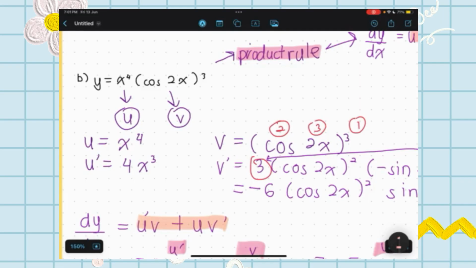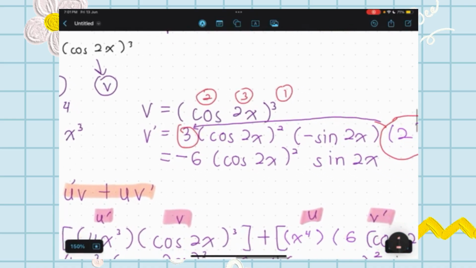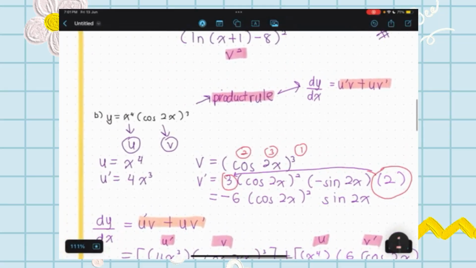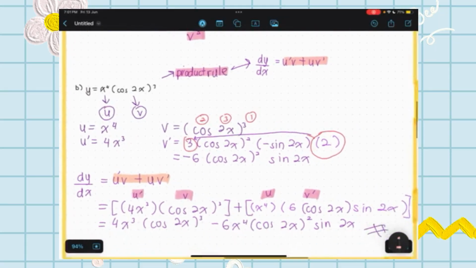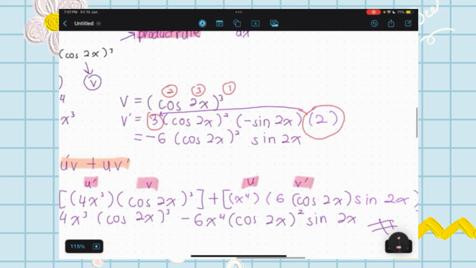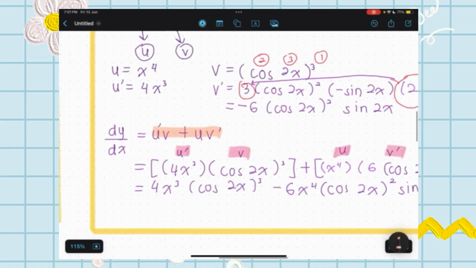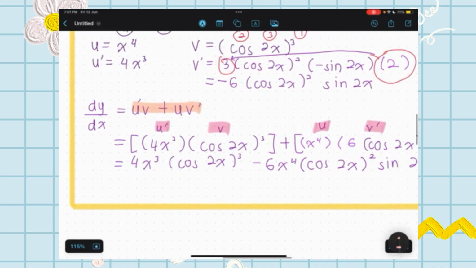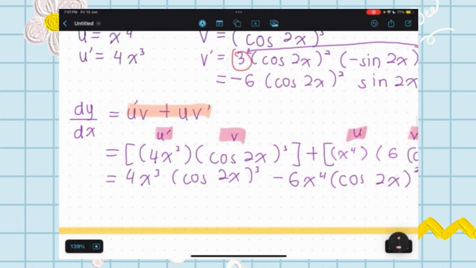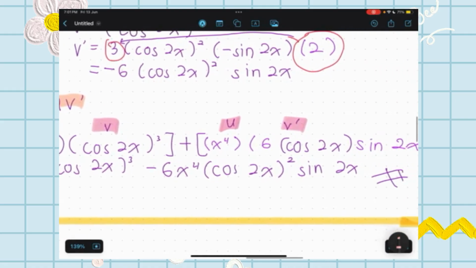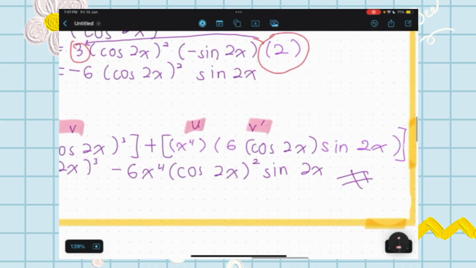So this next step, we have to apply the product rule. We have to differentiate u and v, to get u prime and v prime. After we differentiate, we got this value. So we just apply the product rule and substitute all the parts, and we got this u prime v plus u v prime,